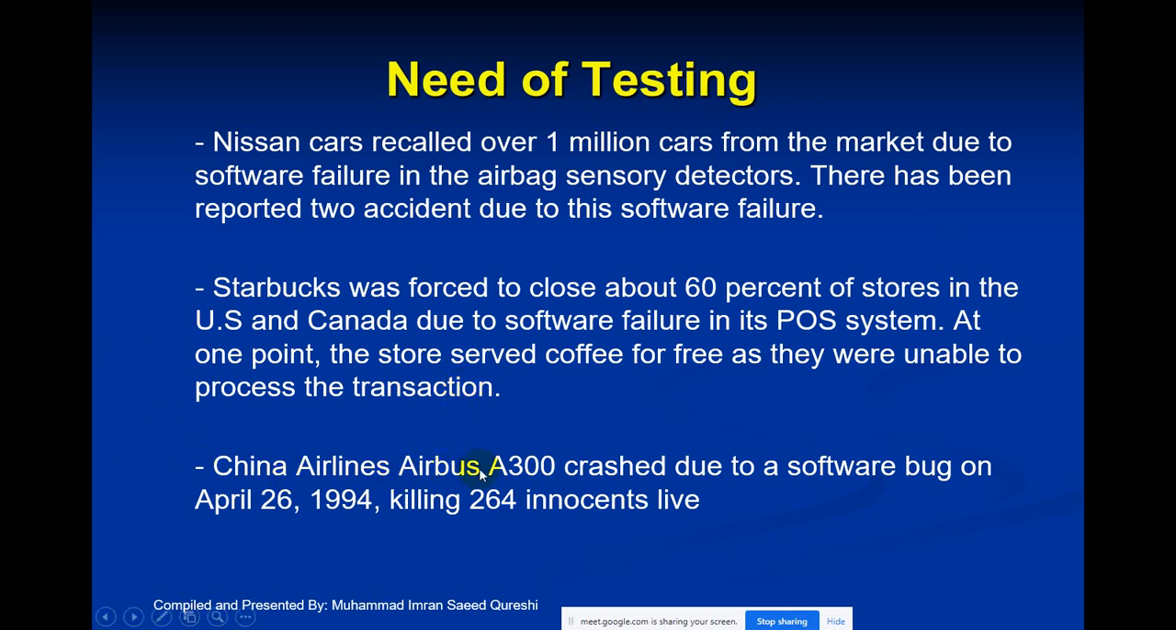China Airlines Airbus A300 crash due to a software bug. उसका जो एरोप्लेन का जो सॉफ्टवेयर था उसमें कोई बग था, on April 26, 1994. बेशुमार होते हैं लेकिन ये एक उसने मिसाल दी हुई है। और इसमें किलिंग्स कितनी थी देखो ज़रा, ये देखो 264 innocent lives, यानी 250 से ज़्यादा लोग फौत हो गए थे एक सॉफ्टवेयर एरर की वजह।